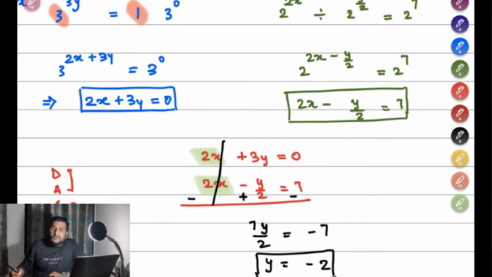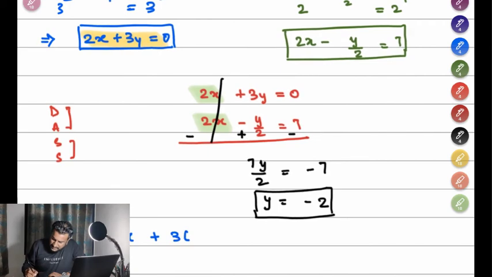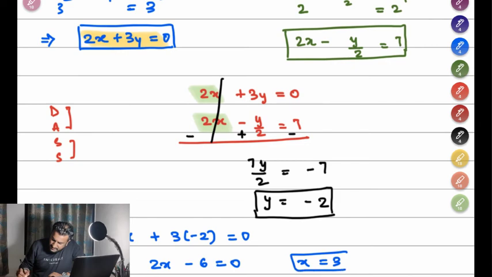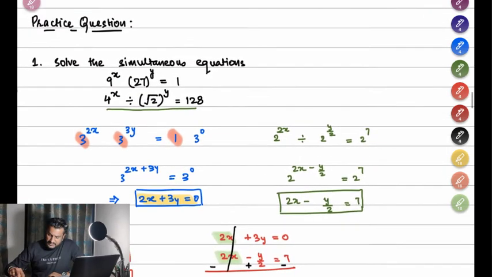Once you have the value of y, you can use any of the equations. I'll use this equation over here, 2x + 3y = 0. If I substitute, 2x + 3 times negative 2 equals 0, which gives me 2x - 6 = 0, which gives x = 3. So I hope we are clear with this part, how to solve equations